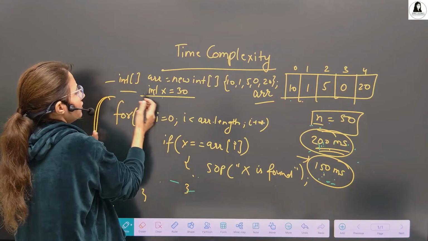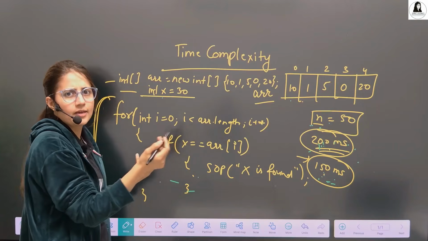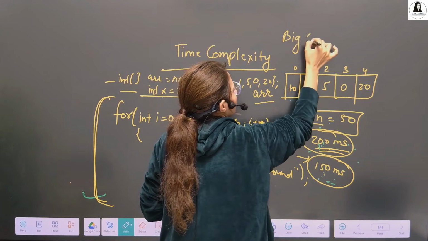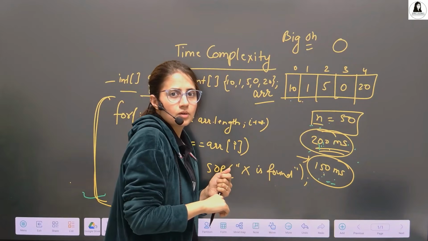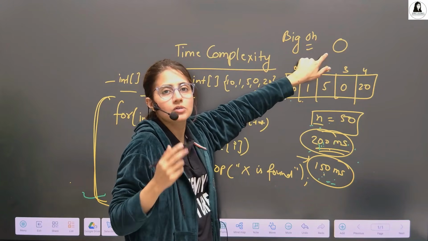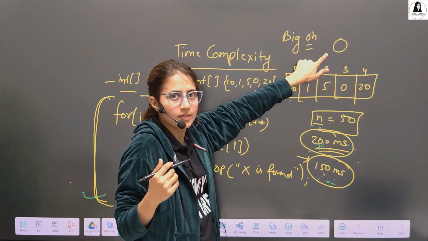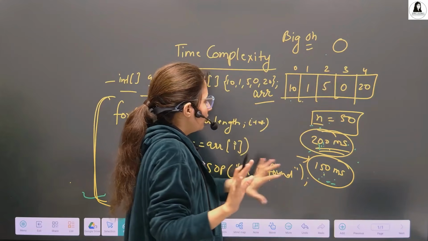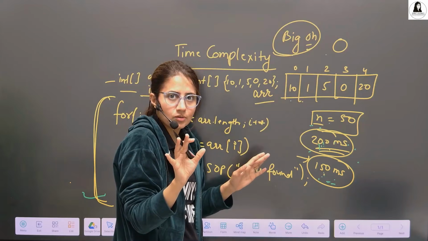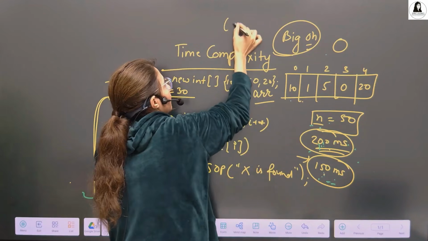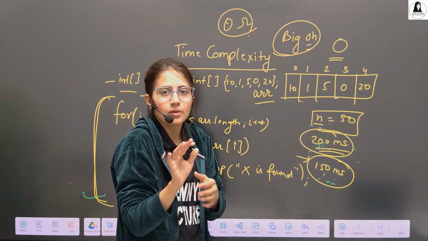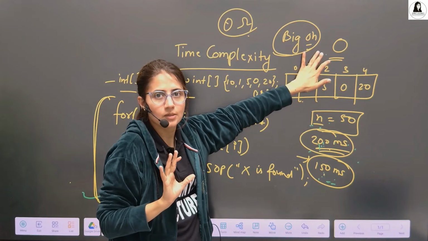Like if you're writing this, it will take order of one. Why am I saying order of one? Generally there is a notation, big O. We call it big O notation. The worst case time complexity we measure in big O. And why worst case? I'll explain that in a few minutes. But when we talk about time complexity, everywhere you will say big O notation. There are many notations also, like theta and omega. We'll discuss that later. But the most commonly used is big O because that shows the worst case time complexity.